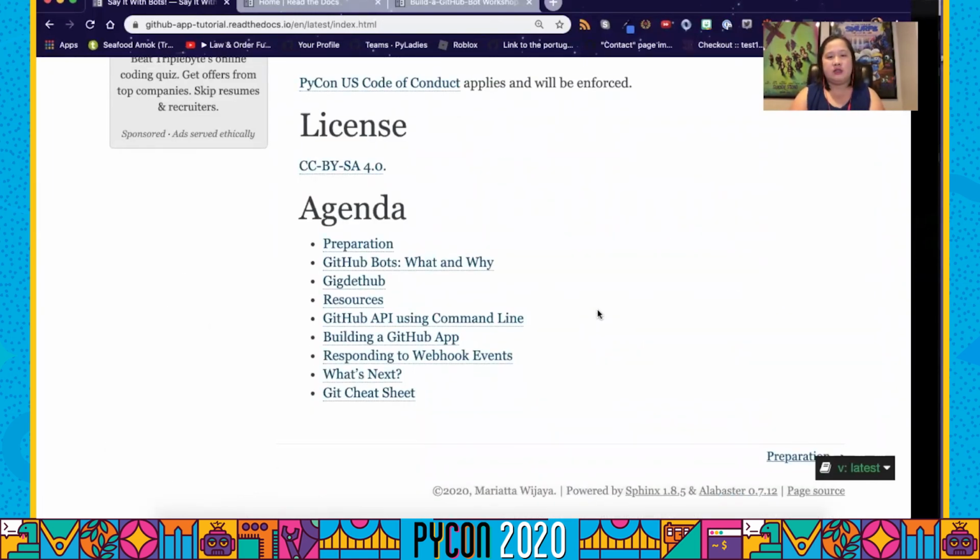I will start with introducing what GitHub bots are, why you would want to build one, and then I will give a brief introduction of what the GitHub library is about and why I recommend using it for building your GitHub bots. I will share some resources related to this tutorial, like links to documentation and additional learnings. And then we'll start by using the GitHub library to make API calls to GitHub on the command line. And after that, we will be building a GitHub